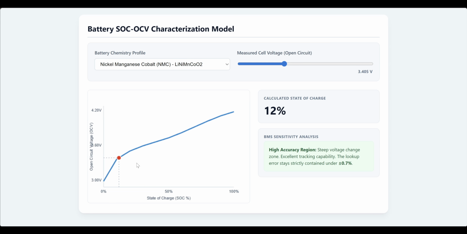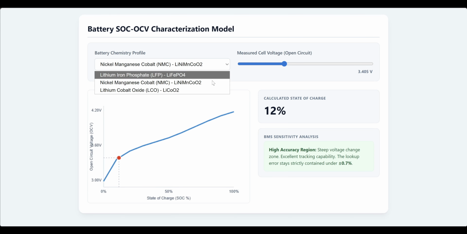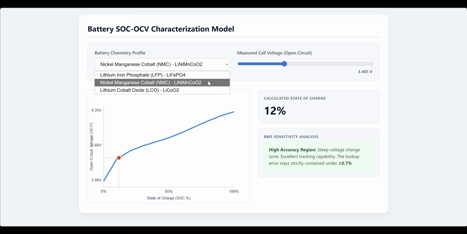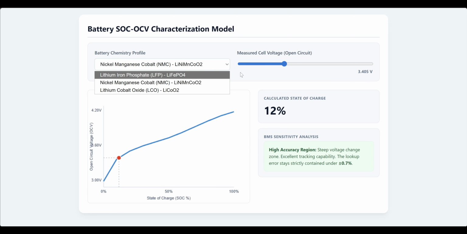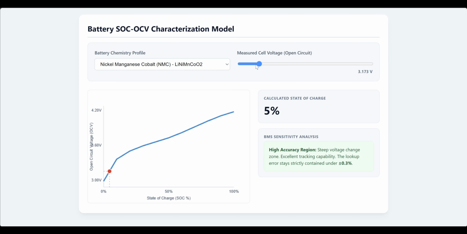So if you load the different characteristics, like different battery chemistries, then you will have three types of chemistries available over here, which we will be selecting one by one, and then we will be increasing or decreasing the voltage, and based on that we will try to analyze how accurately the voltage measurement will conclude on the SOC estimation. The accuracy you will be able to see over here, and based on that we have created this interactive